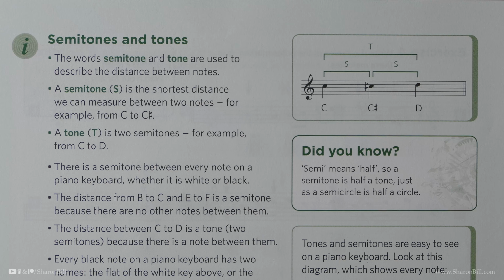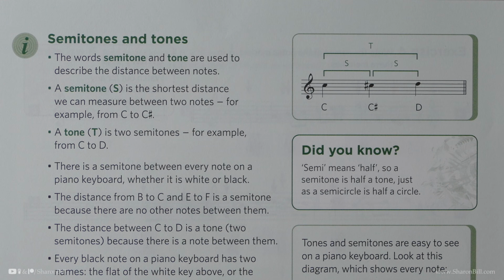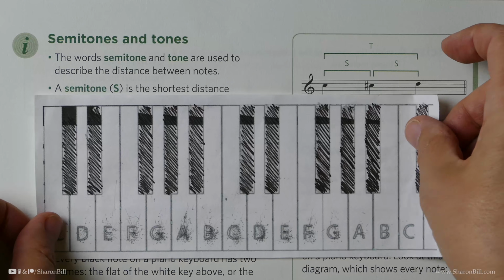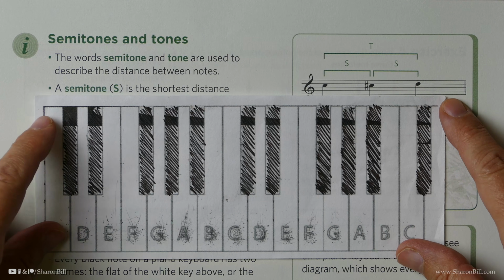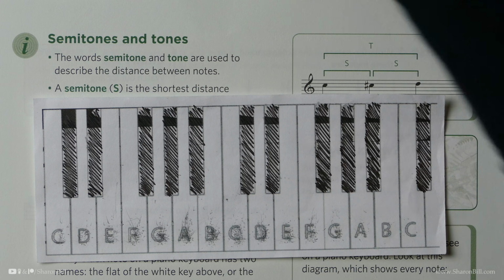Moving on to page 22 of the Grade 1 Discovering Music Theory book, we're going to continue with sharps, flats and naturals, but looking a bit more closely at the aspect of tones and semitones, or semitones and tones as it says here. Now this is where, as I mentioned earlier on in this chapter, it's really helpful to have the piano keyboard clearly in your mind, and it's so easy to just quickly sketch out a quick diagram of